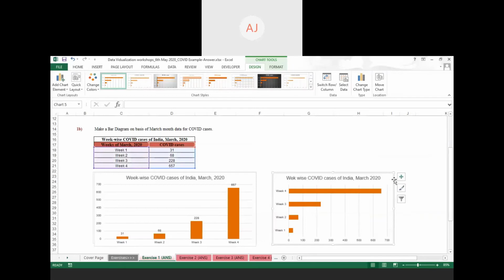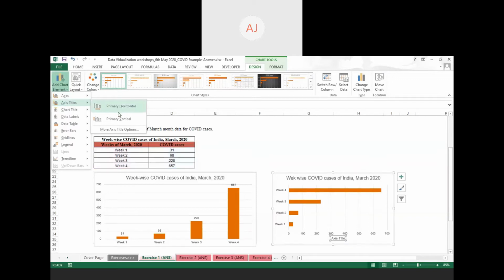Now moving forward, we'll go to the axis titles. If you have an earlier version of MS Office, go to the Design option, then go to the second option, Axis Titles.